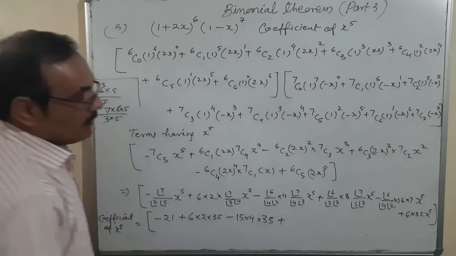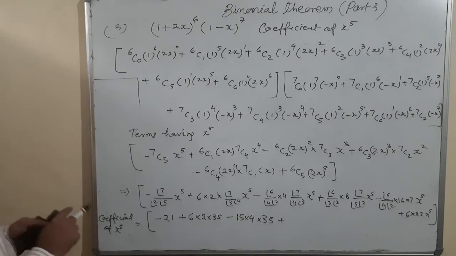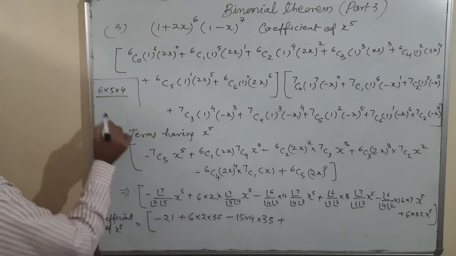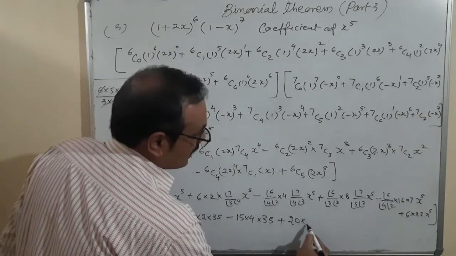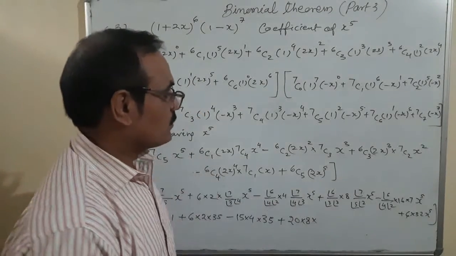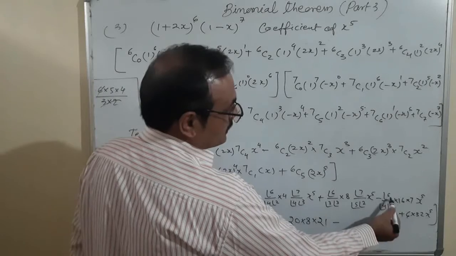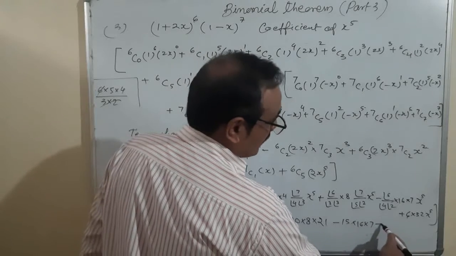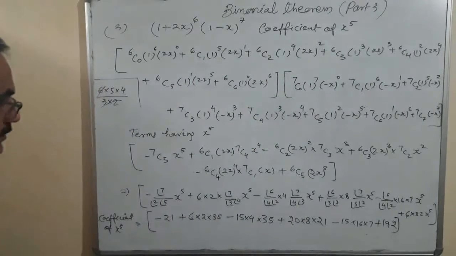Then plus sign. Now factorial 6, 6 into 5 into 4, 3 is cancelled, 3 into 2. 5 times 4 is 20. So it is 20 multiplied by 8 multiplied by 7 into 6, 7 times 6 is 42 divided by 2, 21. Minus factorial 6, 6 times 5 is 30 divided by 2, 15 into 16 into 7. And plus 6 times 2 is 12. Is it okay? So that means it is